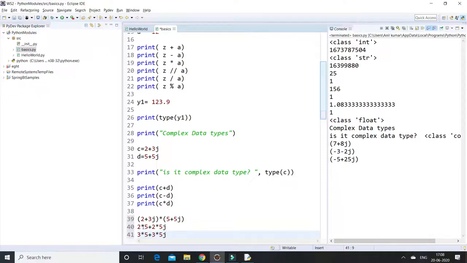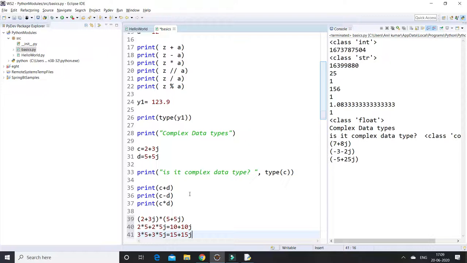So here is 10 plus 10j, and here 15 plus 15j.